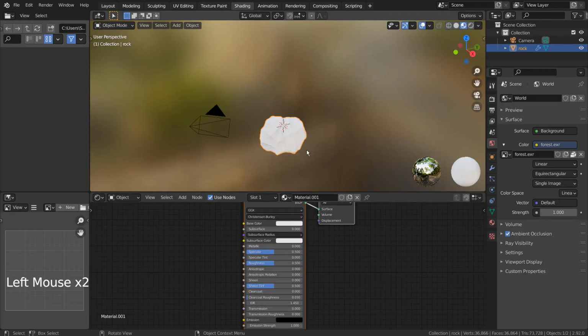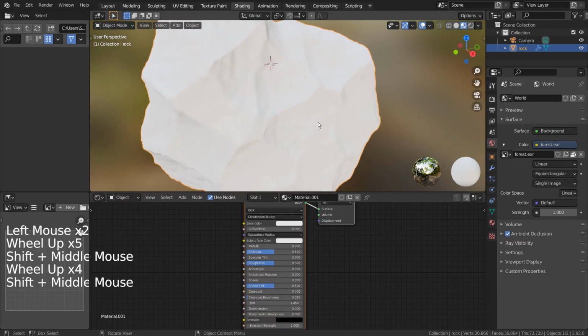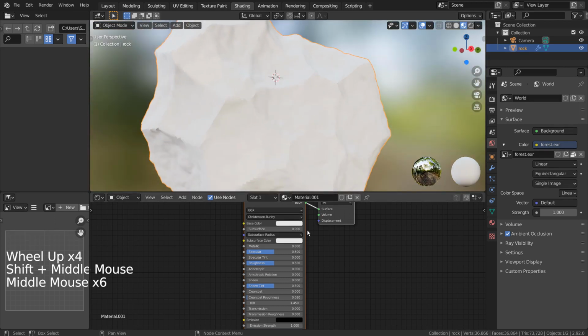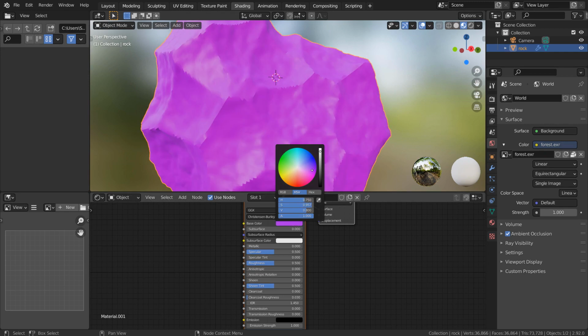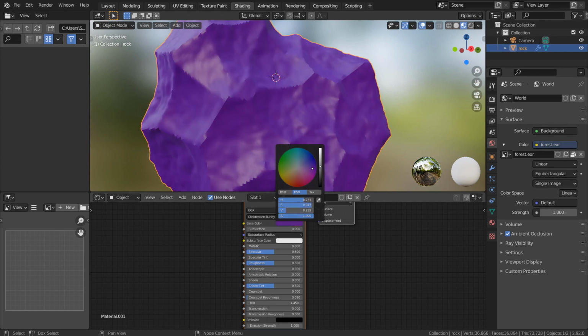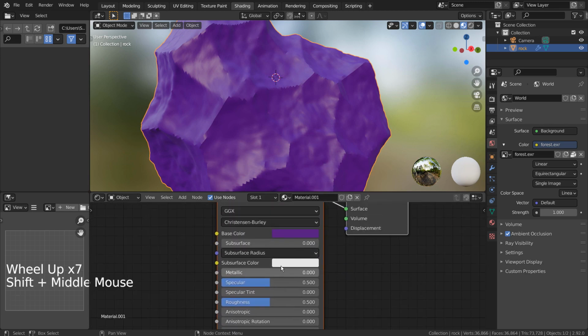Let's add a new material. Please feel free to use any colors. Let's use the subsurface nodes.